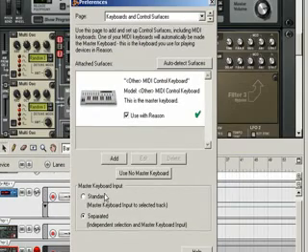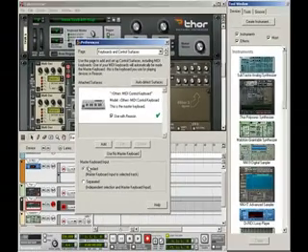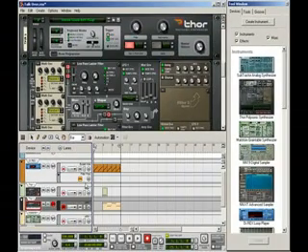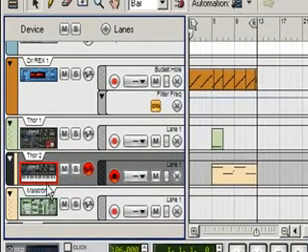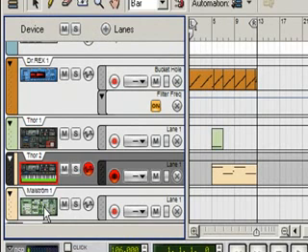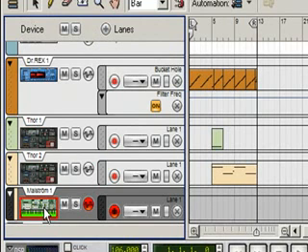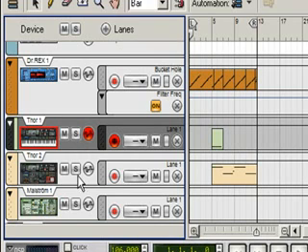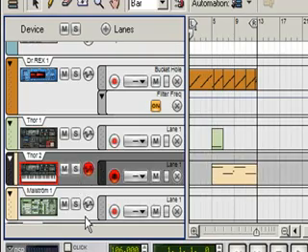Now the master keyboard input, if I select standard for the moment, then this red box here determines what device in the rack will receive the MIDI input from your control surface or keyboard. Okay, so at the moment it's Thor 1, this is Thor 2, and this is Maelstrom. And you'll notice this red box represents that, and if you select the track, then the red box will move